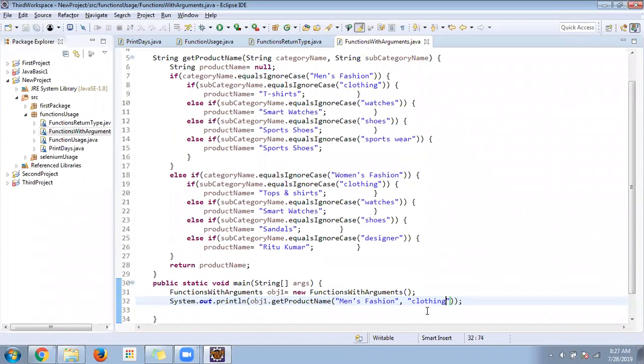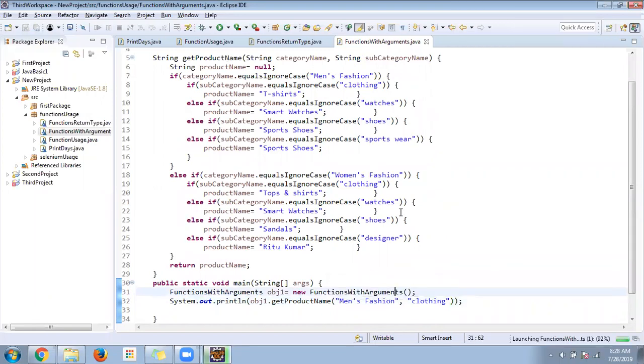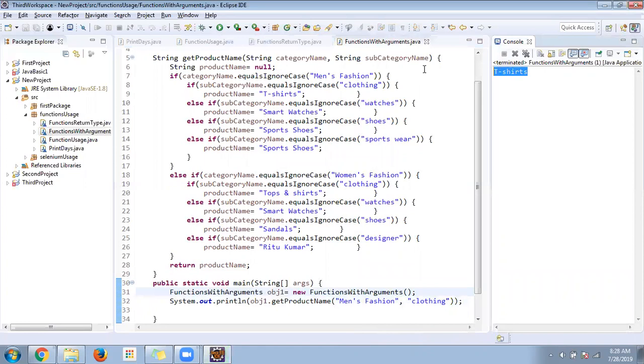Okay, clothing. I have given it in small letters only. Okay, lowercase letters only, so I'm taking that. Now, what should be printed? Right click, run as Java application. T-shirts. Got it? The same thing, instead of clothing,